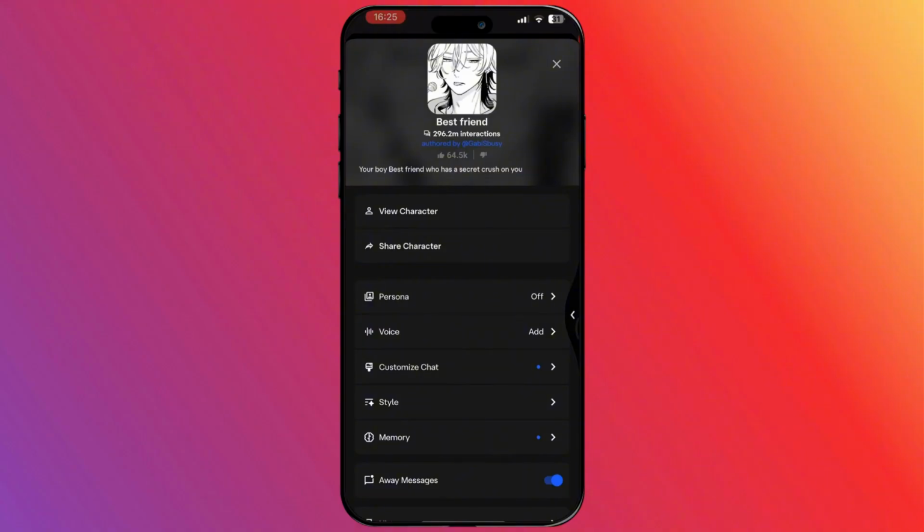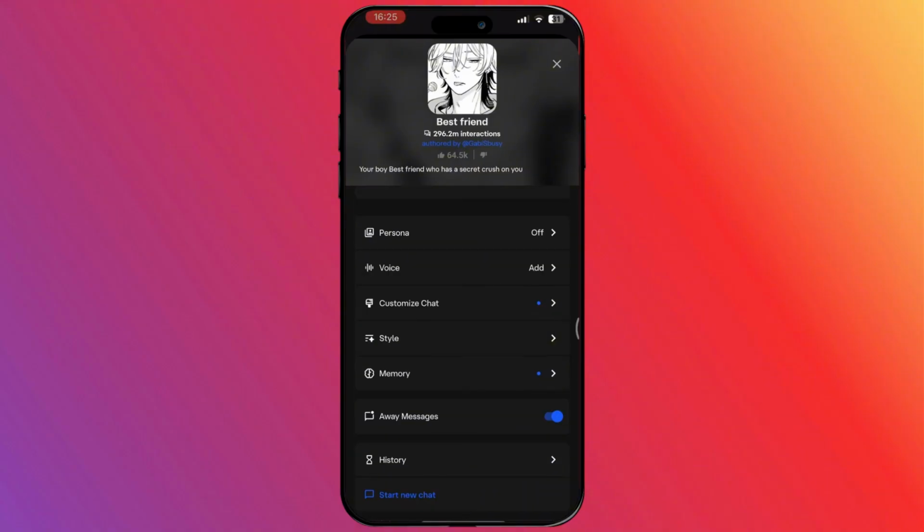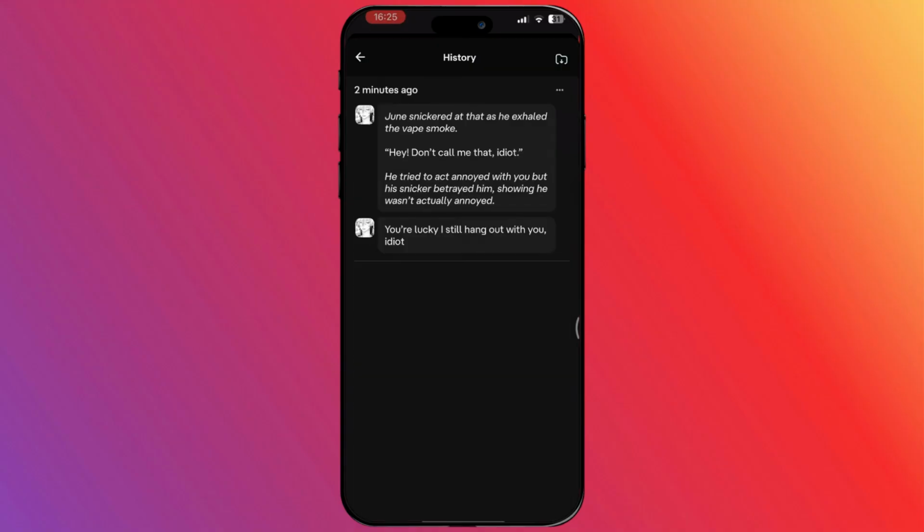Now, once you're on the character's profile page, just scroll down until you see an option called History and tap on it. Now here, you'll be able to see all your previous conversations with that character, and you can reopen